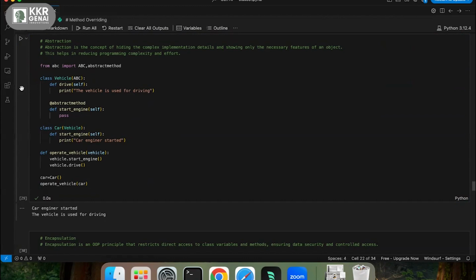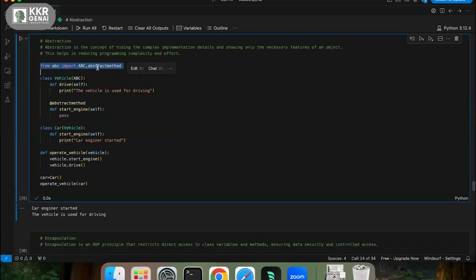In the implementation part of this method, you simply write pass. All the abstract method related information is present in the ABC module. So if you are implementing abstract classes, you import that module.